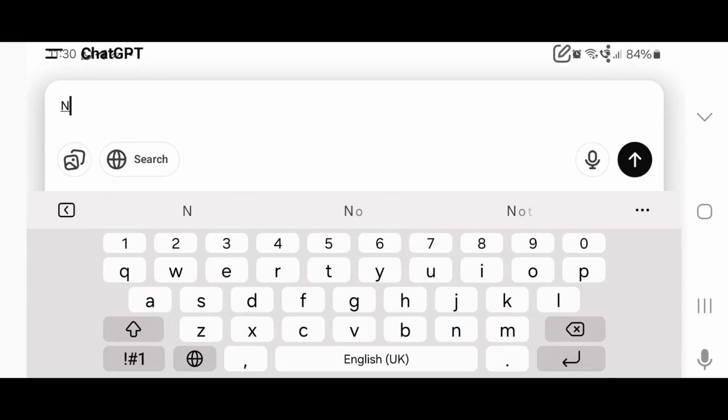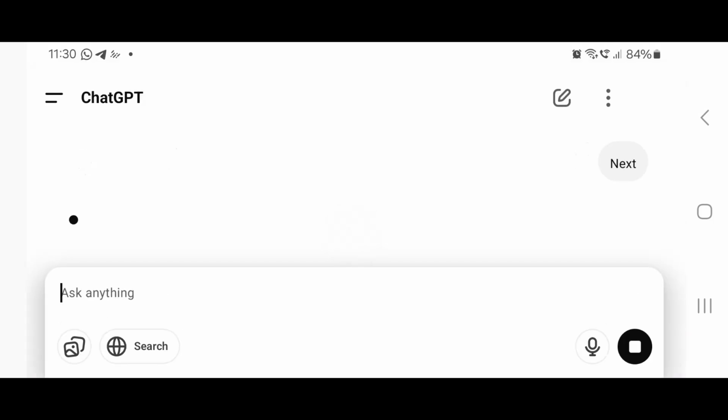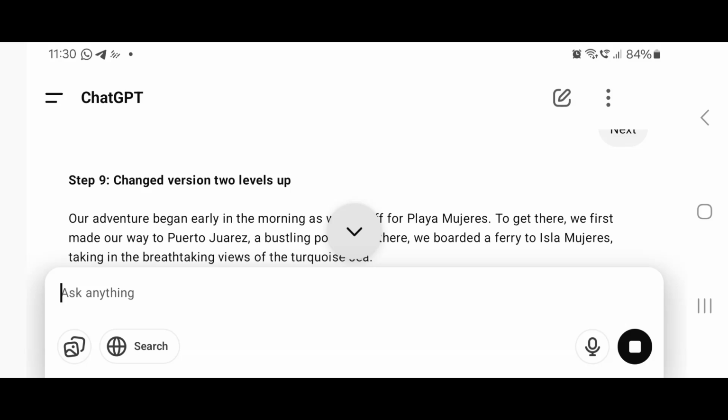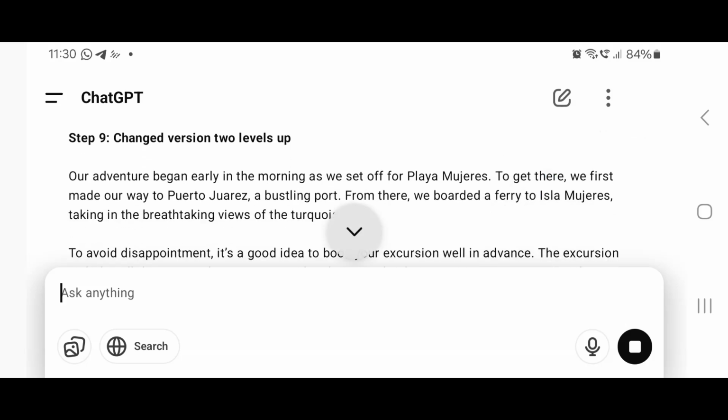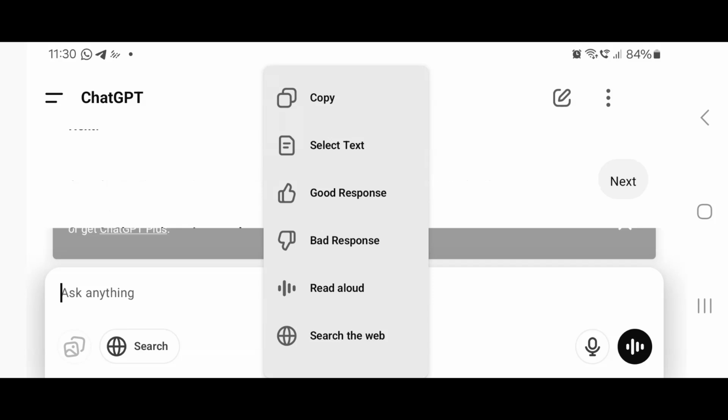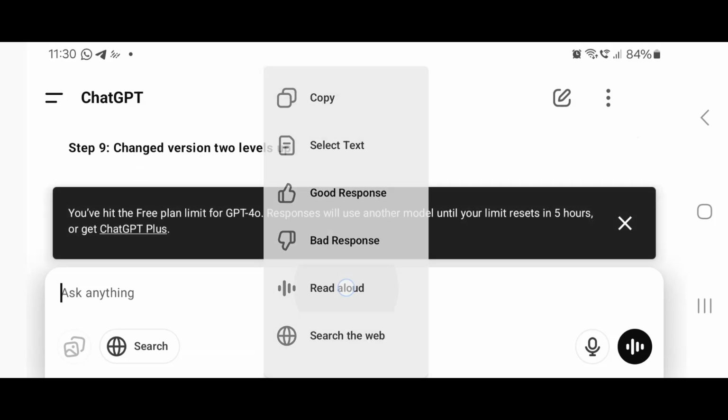Typing next and clicking on the up arrow takes us on to the final step, step 9, which is a complete transcript that we can listen to 2 levels above the student's original transcript.